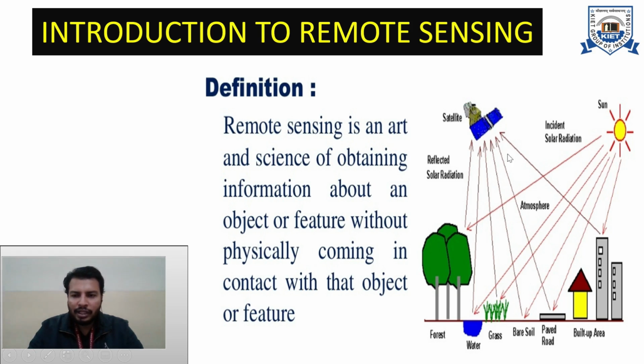Here on the right side, you can see one figure that shows how a remote sensing operation is performed. You can see that there are some satellites involved. There is some radiation, or we can say reflection techniques involved. There is one energy source, that is the sun. There are some objects with which those electromagnetic radiations interact and are finally deflected towards some satellites on which sensors are mounted. So this is the whole process in which different components have different roles. We will be discussing these roles of these techniques, and of these objects, later on in detail.